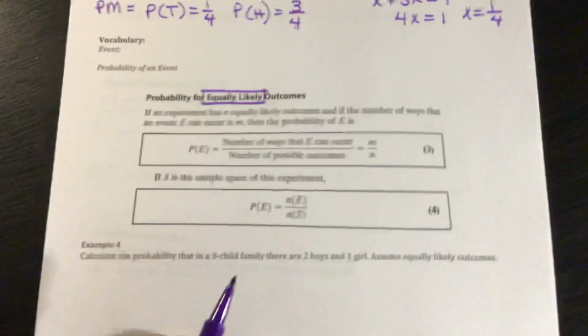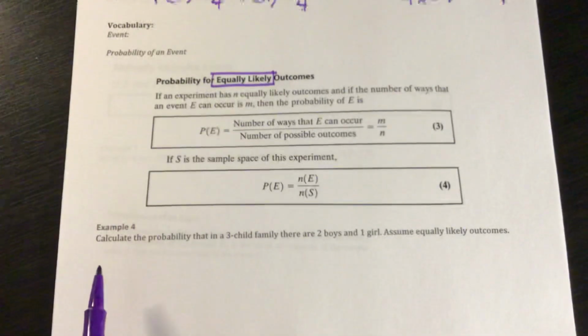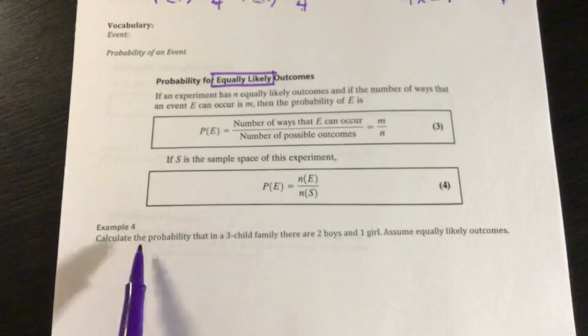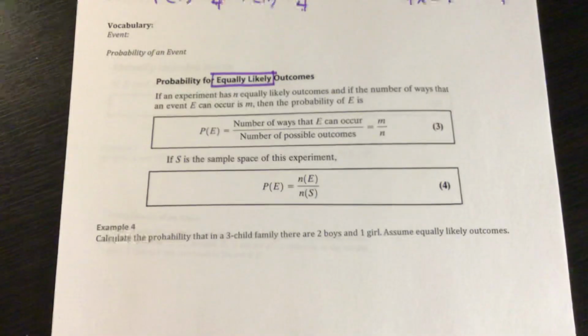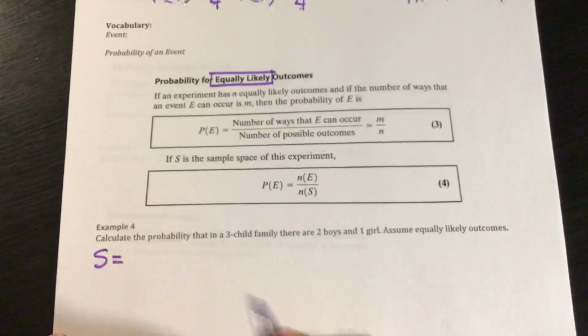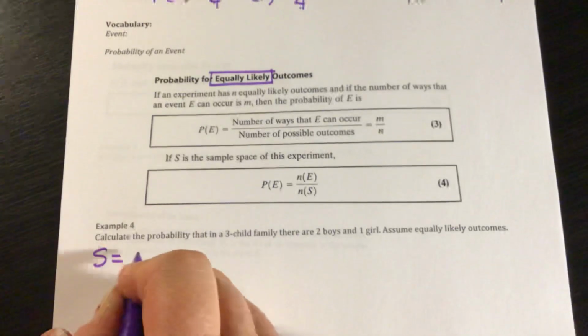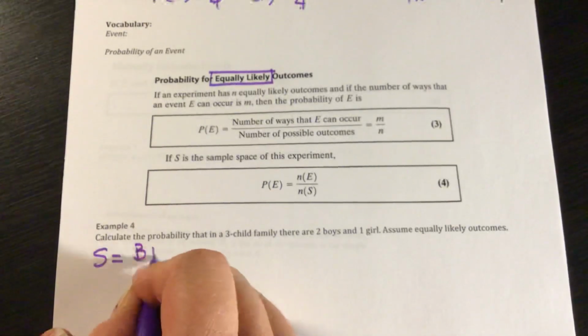All right, so an example for this, and we've done this before, I'm sure: calculate the probability that in a 3-child family there are 2 boys and 1 girl. Assume equally likely outcomes. That means the probability of getting a boy is the same as the probability of getting a girl. So in my sample space, let's say I have a family where all of the